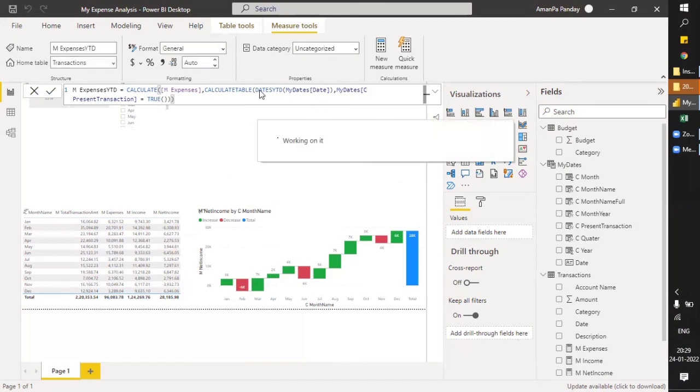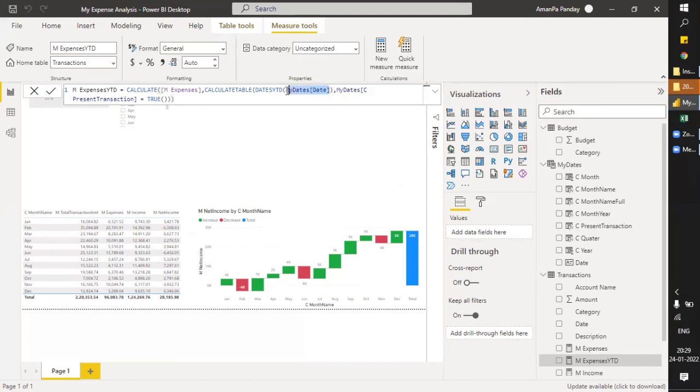Is it clear how we used it and why we used present transition equals to true? First of all, we are using this date because it is the only source which has continuous dates. We also have a date column in transition, but it's not continuous; it has breaks in it.